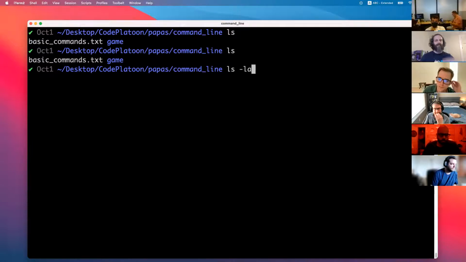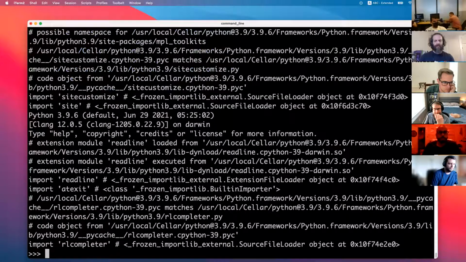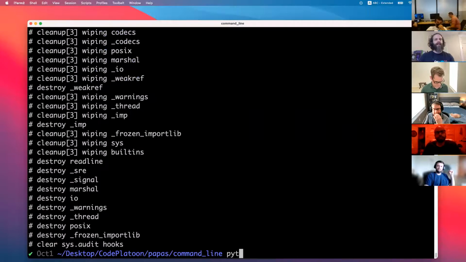So we take the default ls command and we say, I want to tweak this a little bit. And so we pass it these two parameters. A single dash usually gets you an abbreviated parameter, or you can do a double dash. For example, I can do Python dash dash version.